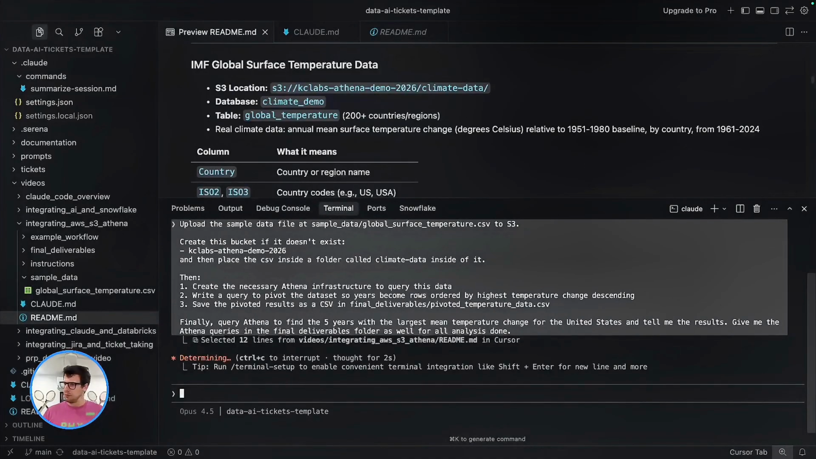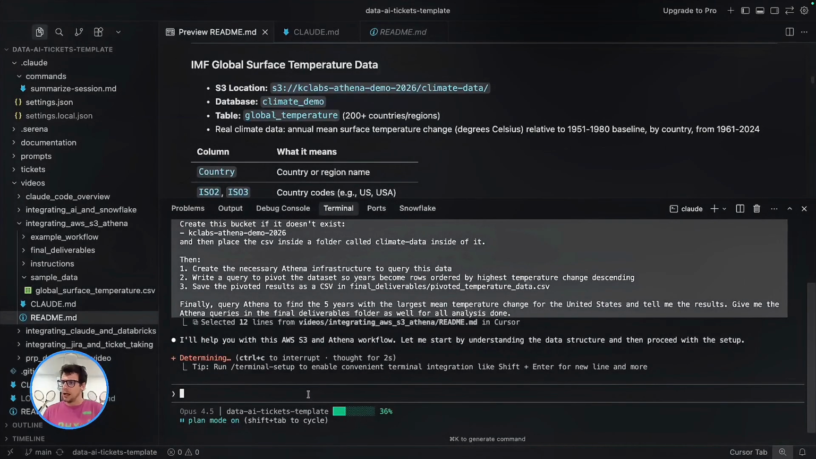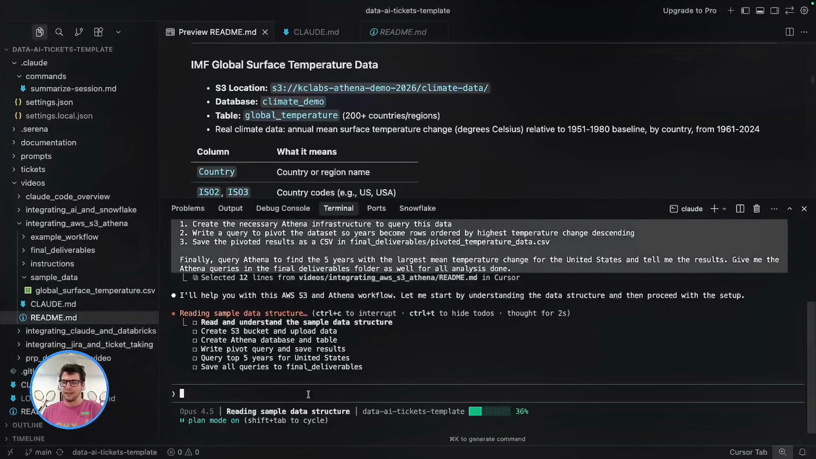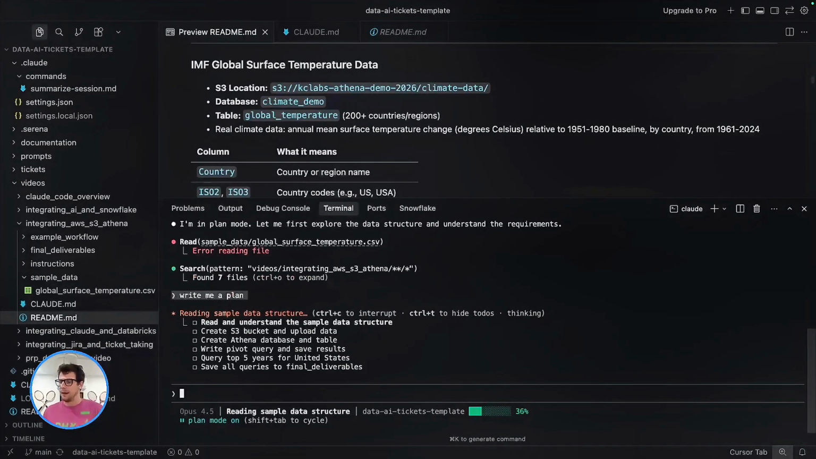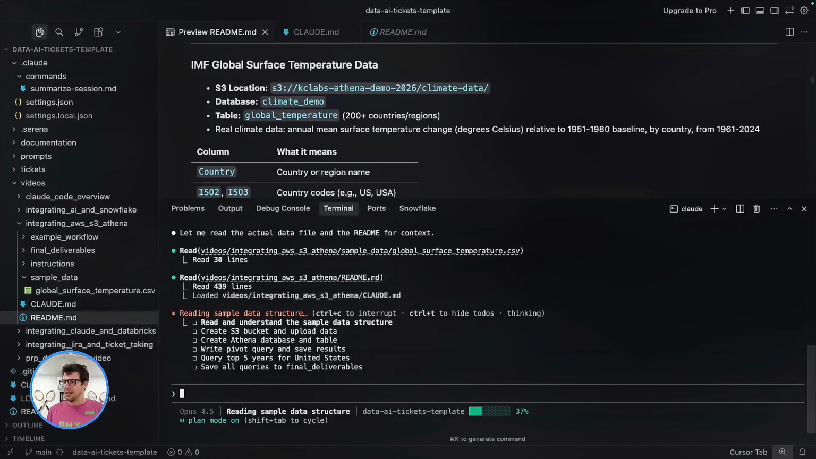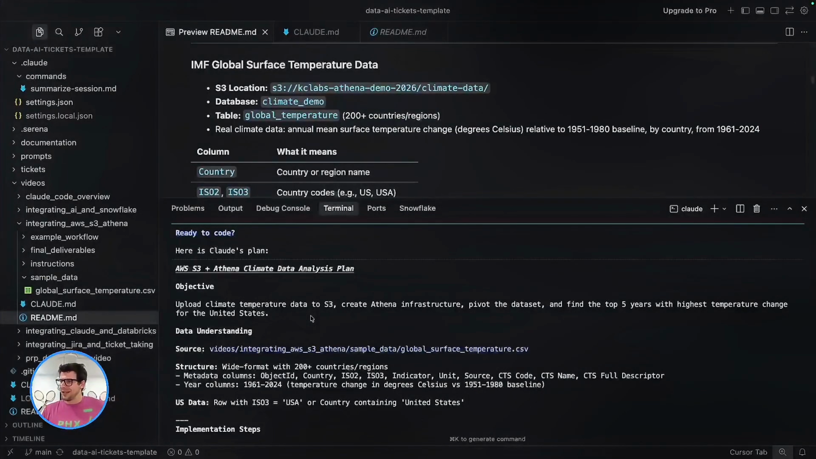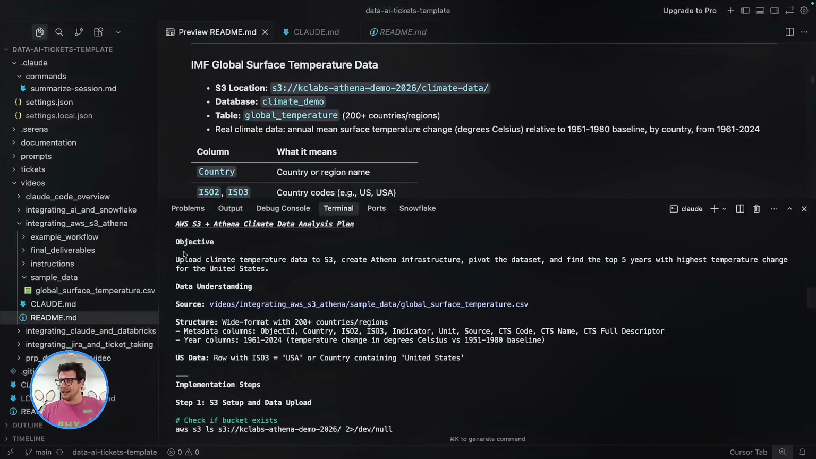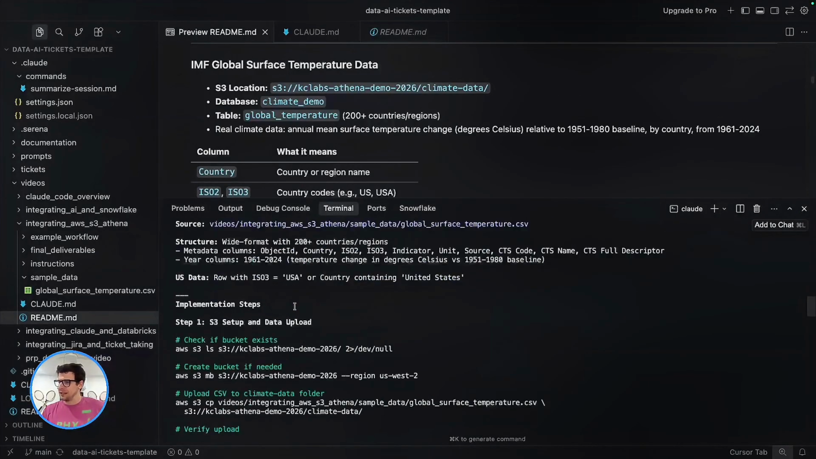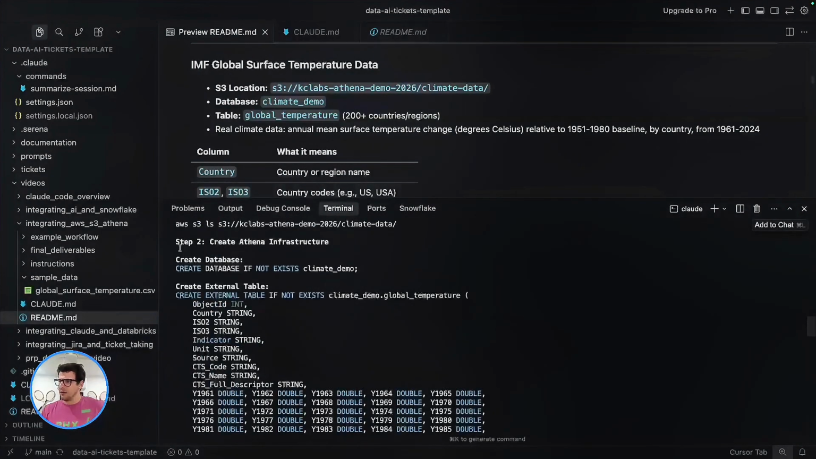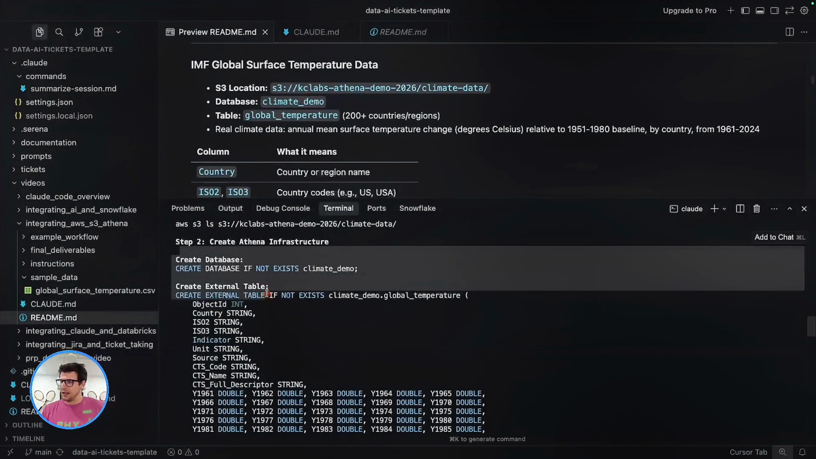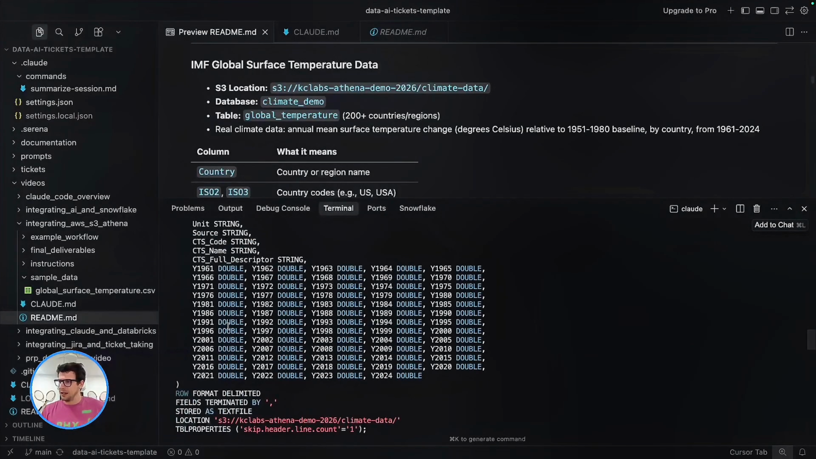And actually, I'm going to do plan mode first, just because I want to make sure that it does this correctly first. So write me a plan. And then once it presents me with the final plan, then we will have it work. Okay, the plan has been created and I'm liking what I am seeing. It has a clear objective for what it needs to do, and then gives me the commands that it is going to run, and then what it's going to do to create the external table within Athena based upon this data,